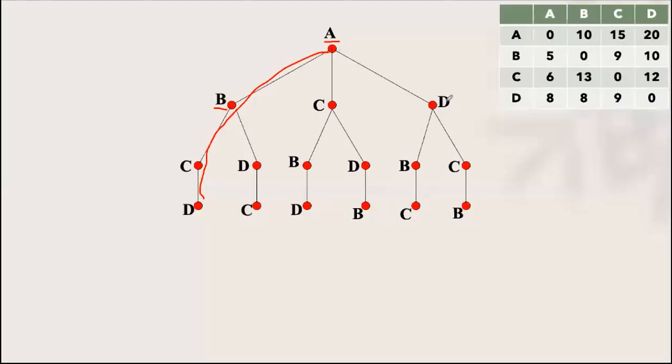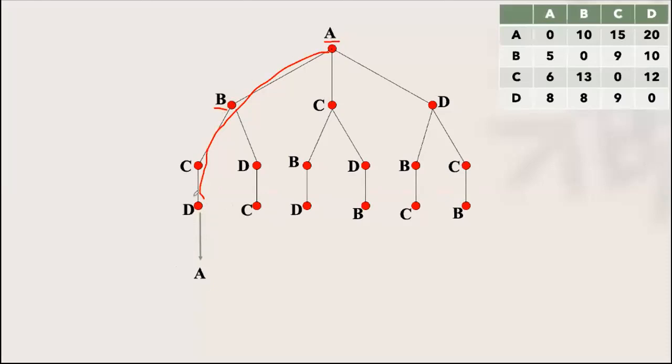From A, if you go to D, the next choice will be B or C. From B, C. If you are in C, then the remaining will be D. So this is the possible combination for the given vertices starting from A. When you reach these vertices, finally we have to go to A, right? That is our task: starting from A and reaching back to A.